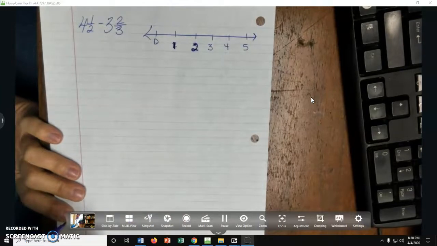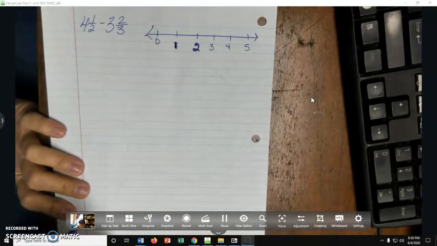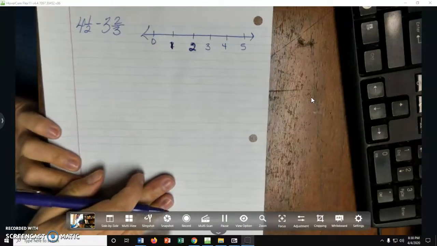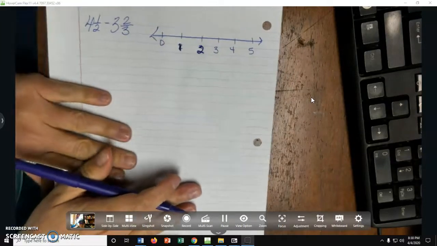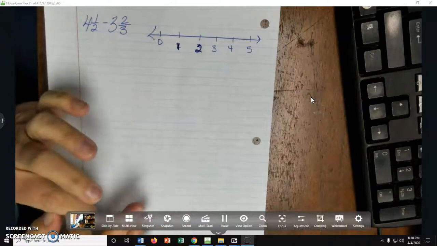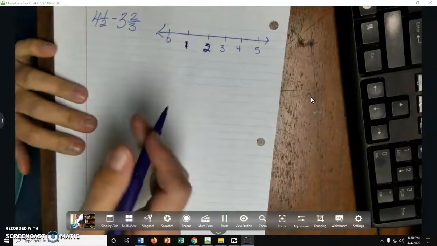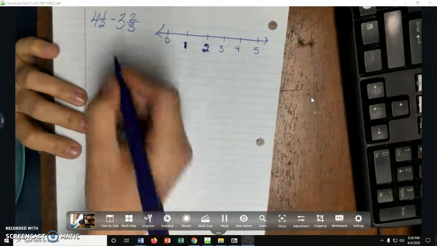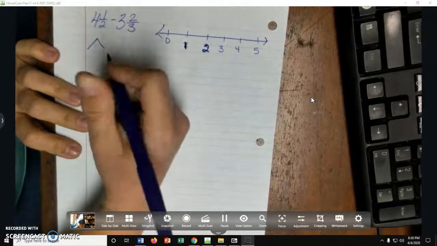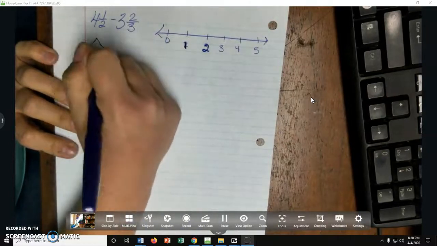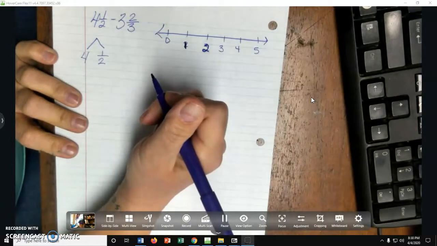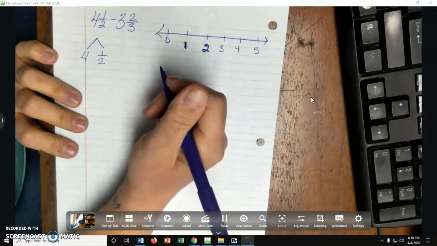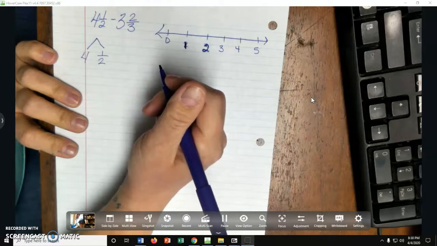1, 2, 3, 4, 5 on our number line. So what are we doing? We're starting at 4 1/2, and we're going to take 3 2/3 away from that. We can do this a couple of different ways. Let me show you the way that they do it, and then you can pick from there. This one, again, is my not favorite method, but it does work well for purposes on the number line. So if we took our 4 1/2, and then we have our 3 2/3,